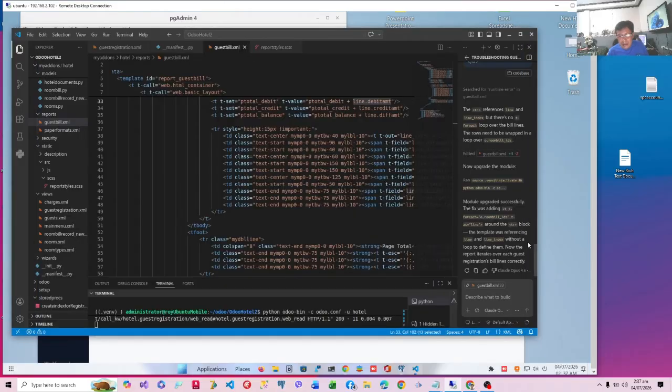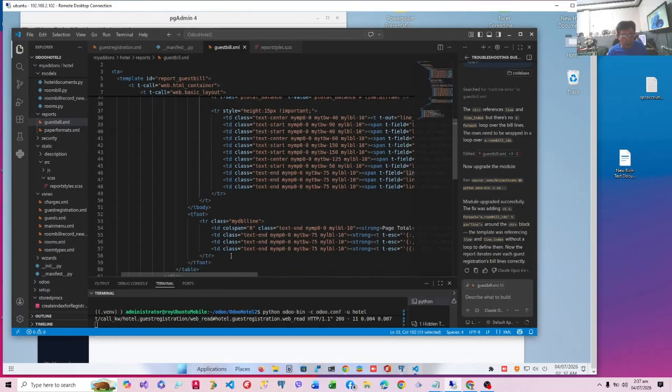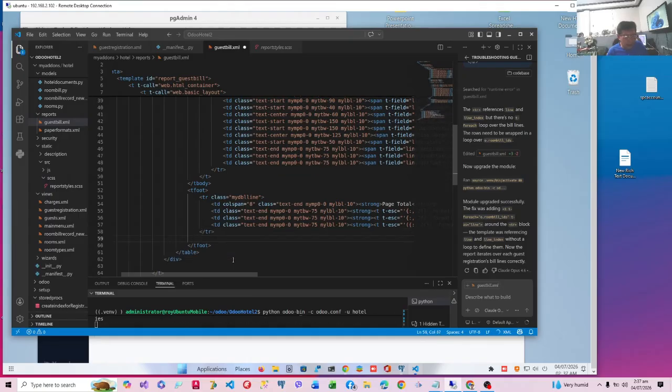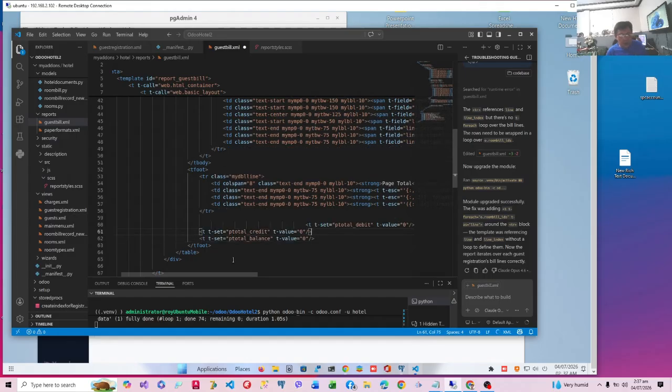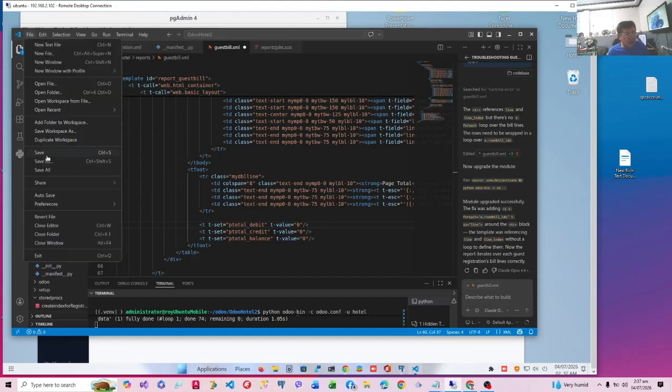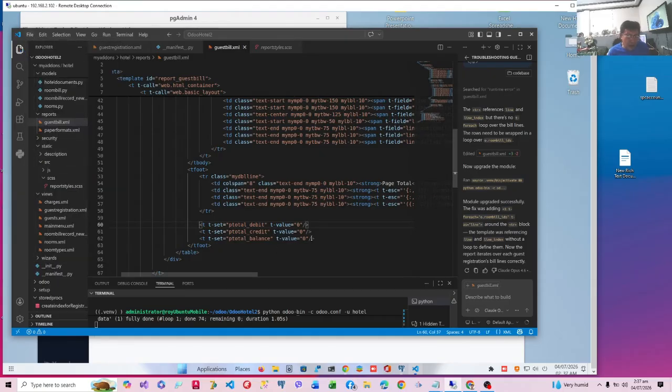Let's go to the footer. Inside the footer, what happens here is, after printing the 3 variables in each footer, they are reinitialized to 0. Which means that each page will have its own total for the 3 variables.